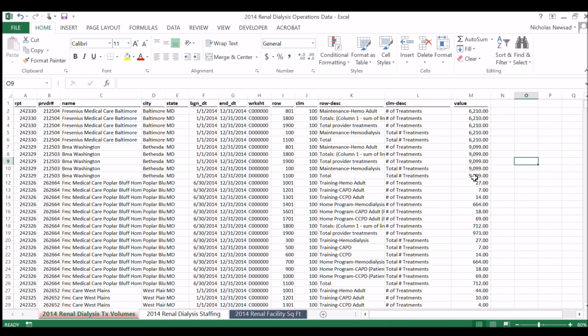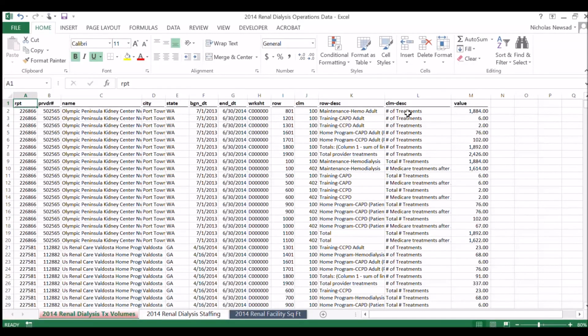And then into operational metrics. Here it gets a little more sophisticated, a little more specific to renal dialysis centers. So for each center in each period, you're going to have the total treatment volumes by modality, and then you're also going to have treatment volumes for both Medicare and non-Medicare patients. So you can see here I'm highlighting the Medicare, but you have the same volumes by modality for both Medicare